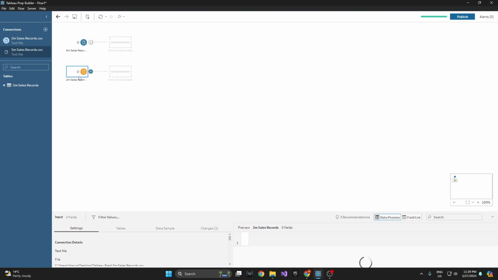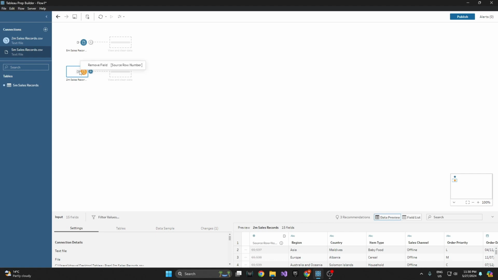In the previous video we did a union on them, and remember, a union is adding the data together, whereas a join, you're going to combine the data based on a related column between them. There are different types of joins, and we'll jump into it. Let's see what the first one is. Let's say that what I want to do is join my 2 million sales records to my 5 million